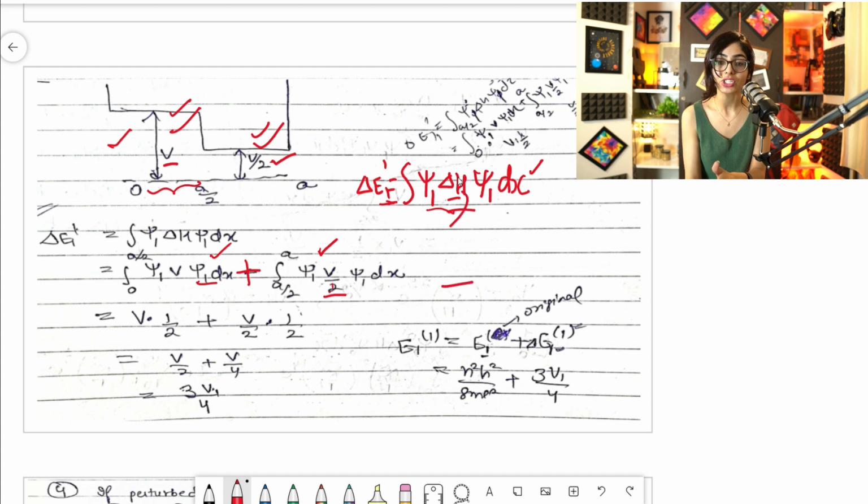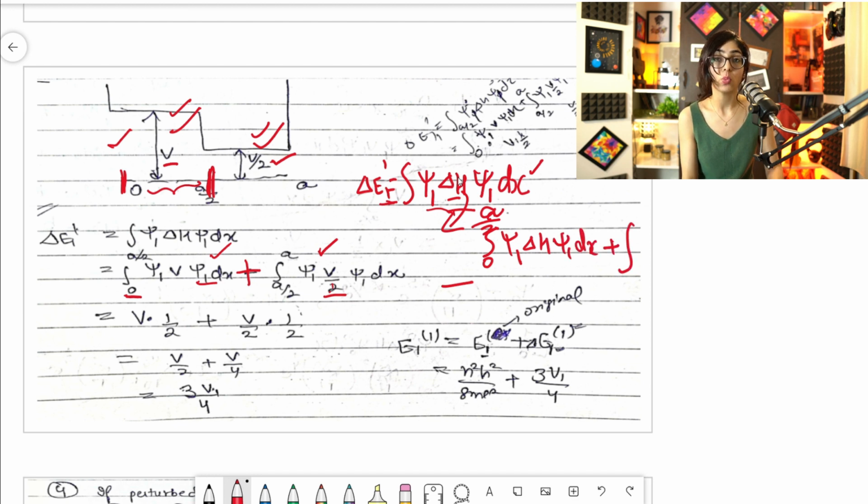Clear? The same expression, you will write it 3 times and add them. So this is the thing. If I divide this box in 0 to a by 2, I will put the limits like this, 0 to a by 2. Okay, I have written it is 0 to a by 2. And then again psi 1, del h and psi 1, dx.